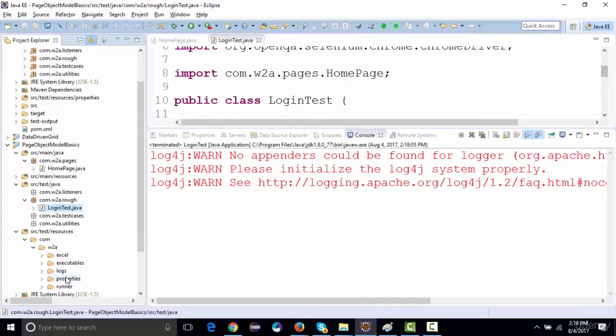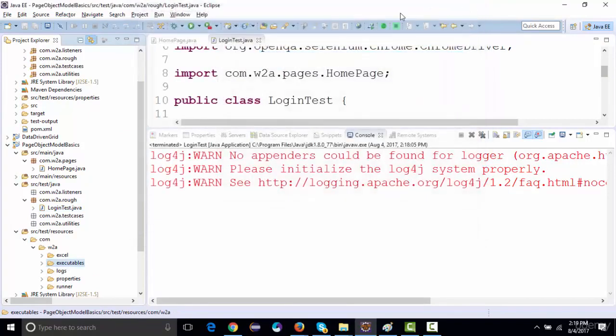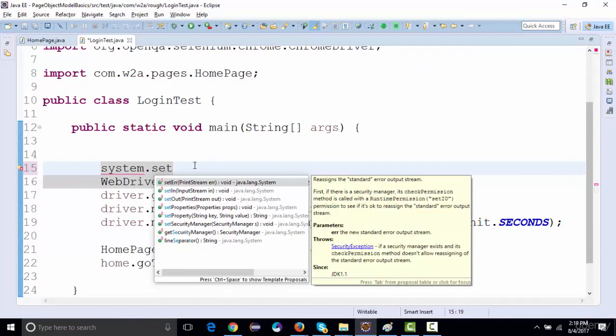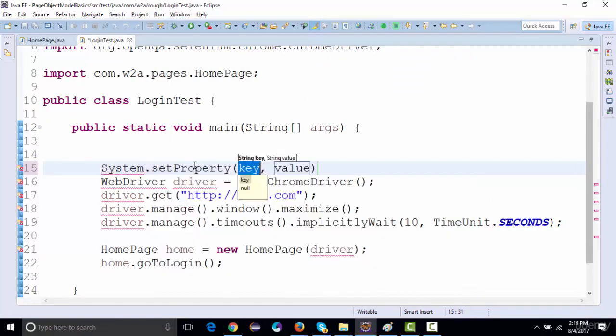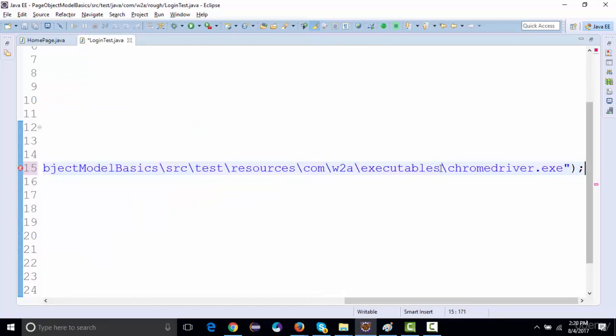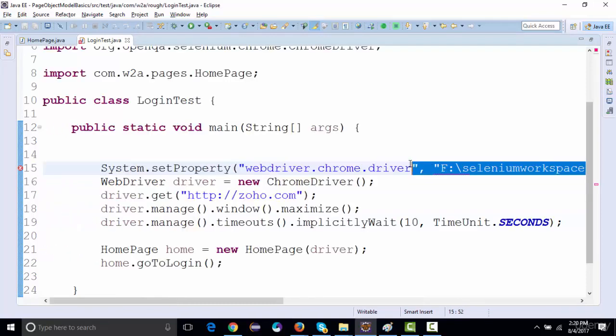So I'll just copy them, and we're going to say system dot set property webdriver dot chrome dot driver, and the value will be of this chrome driver dot exe. Right, in this as well, up till the current project over here, we can achieve it using system dot get property